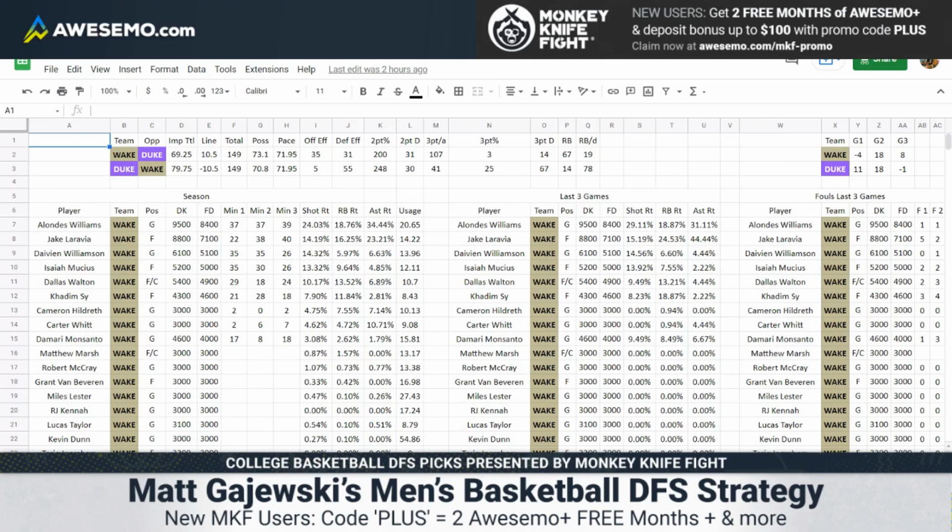For Wake Forest, we do have a usage dominator in Alondas Williams. He'll play every single minute. Usage rate is north of 20. He has a 29% shot rate last 3, 19% rebound rate, 31% assist rate. Anytime you want to play Alondas, you can't really argue against it. It's just, does the game environment match up for him? And it is a tougher spot against Duke, 31st in defensive efficiency, but Alondas gets it done in so many